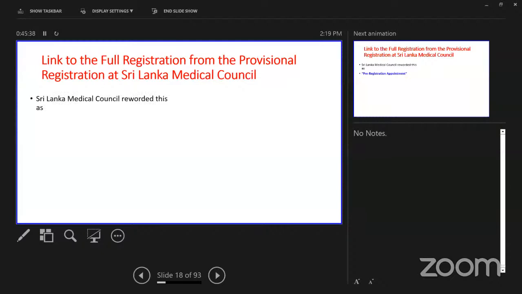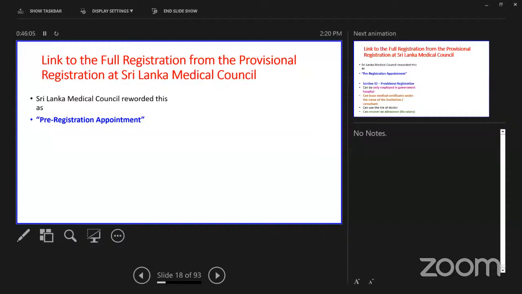So Sri Lanka Medical Council referred this as a pre-registration appointment. I'm now going to tell you how you are linked with the internship, how you are going from a medical student to a medical practitioner. How you are a medical student and you are going to become a medical practitioner with full registration